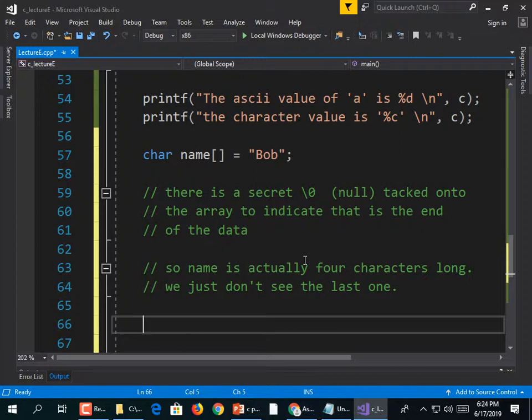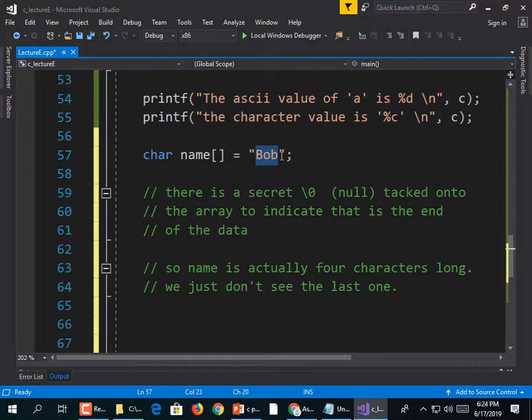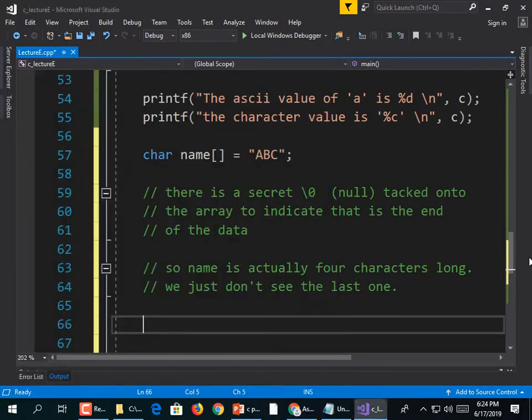We're going to use some print statements to print out the characters, just like we printed out A here and we found out that A was a 97. Tell you what, instead of Bob, let's make it ABC, because that'll be a real easy pattern to see. Maybe even capital it. There we go. So char name, square braces, this character array is equal to ABC. Name is a so-called character array,